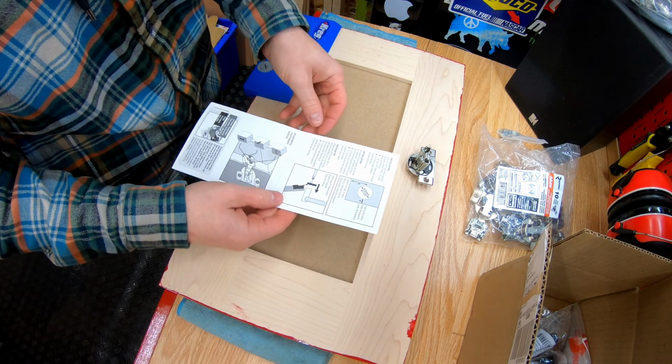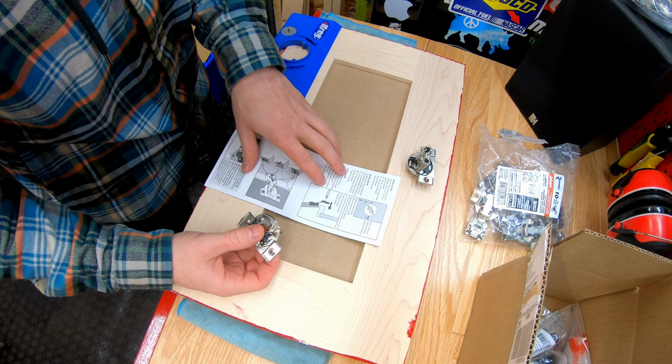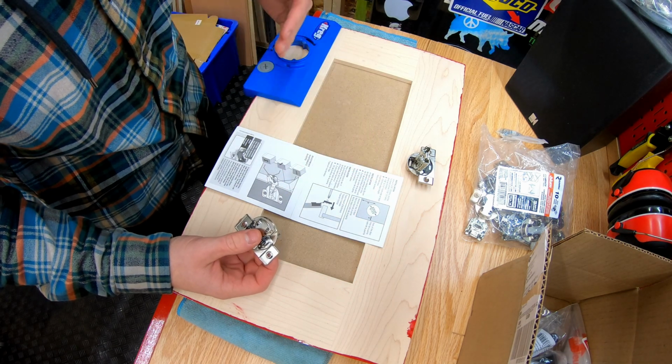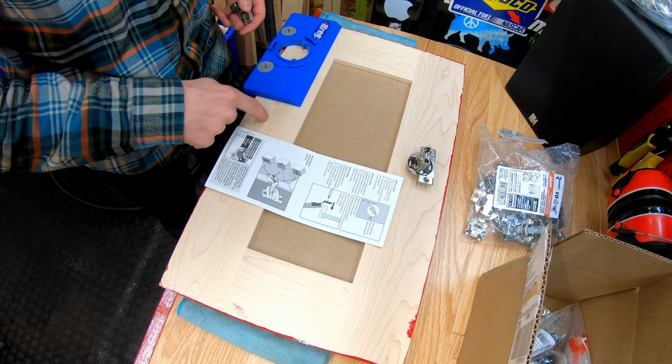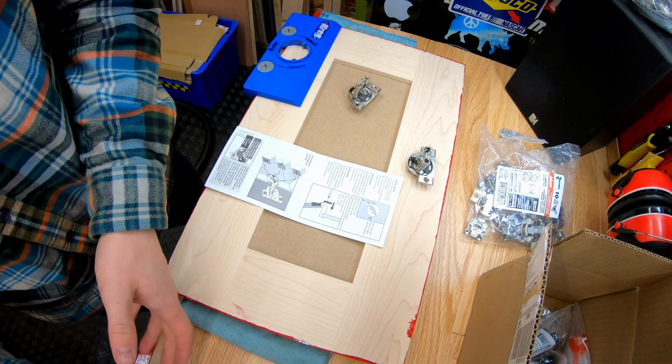So what came with the hinges for the installation of these guys is an eighth inch to a quarter inch from the side of the door. So that's from this side and in. And what they recommend in the manual